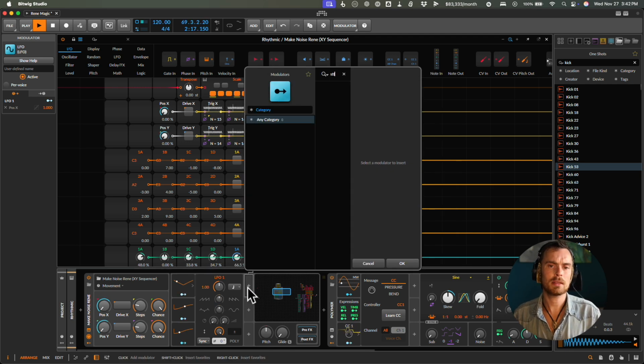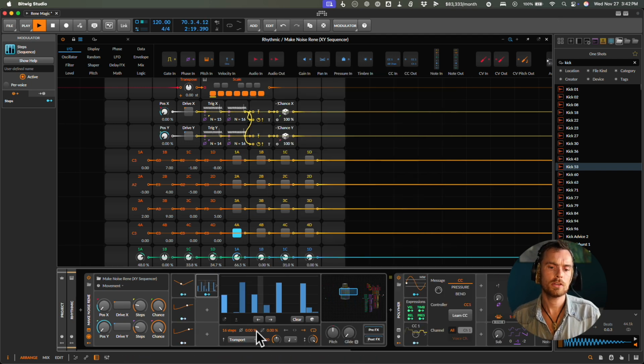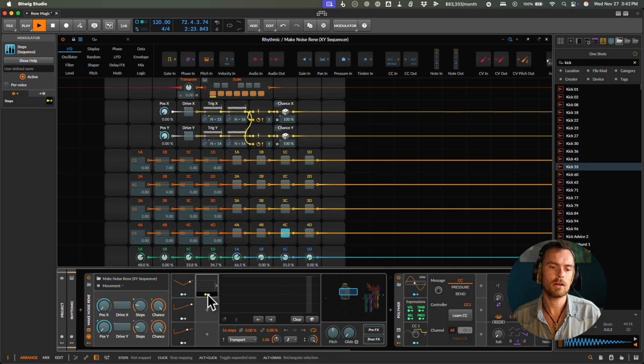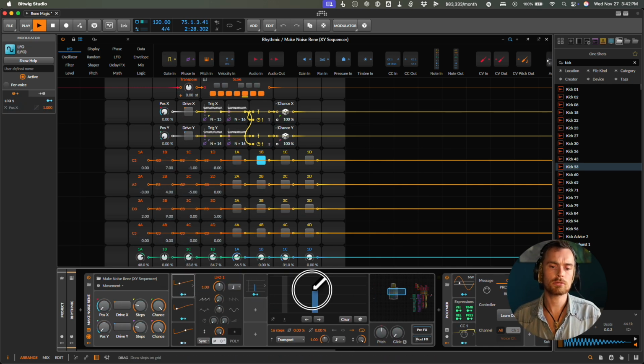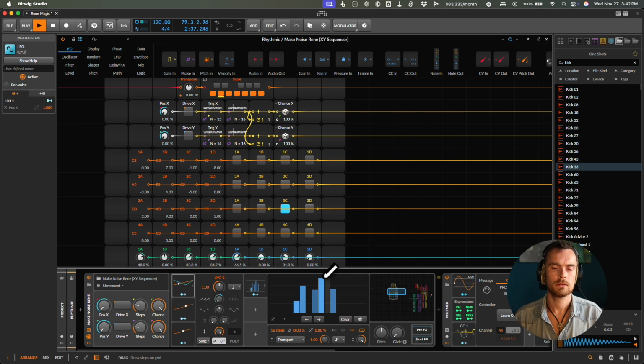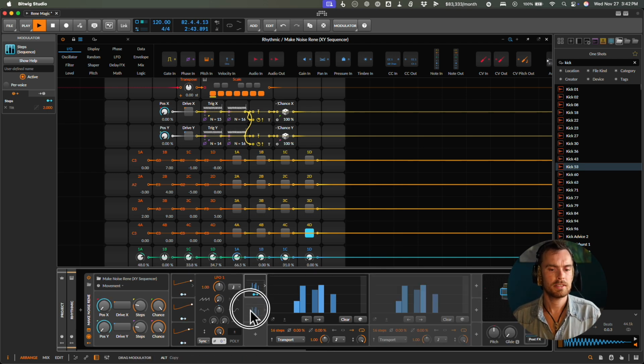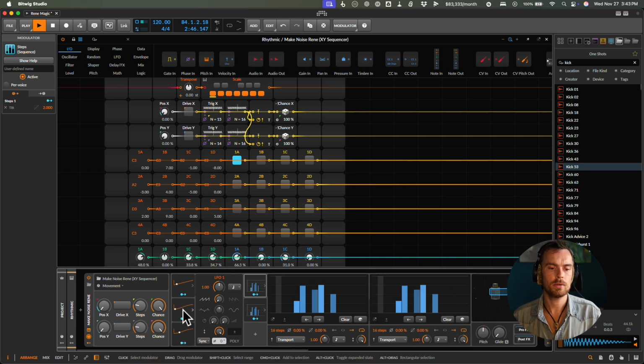So if we were to take something like a step sequencer now, we can use this set to say 16th notes. I'm going to clear this for now. Let's use this all the way to the left, and I'm going to map all the way to the right, and I have the ability now to quickly change the shape of it. If I take another one here, I think this Y value is what's going to be causing that subtle change